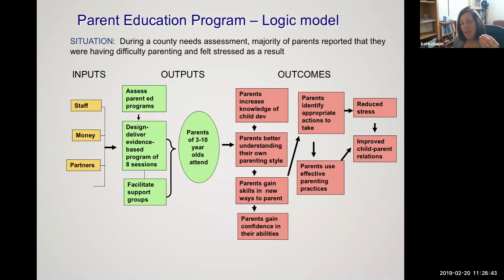On the evaluation side, if our outcome is that parents will increase their knowledge, then we're probably going to need a pre-test before our educational programs and a post-test afterwards to see if there's a change in knowledge based on our training.